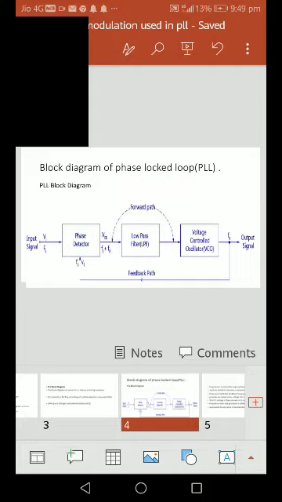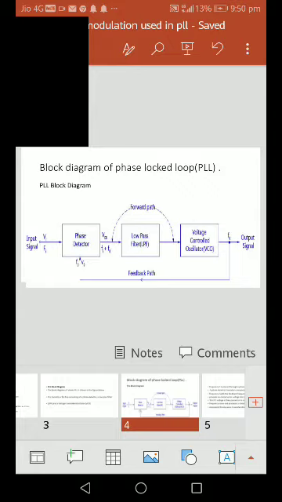The input voltage is given to the phase detector, where only phase will be varied to detect the signal, and the output of the phase detector is given to the low pass filter. There is some forward path, and after that the output of this low pass filter is given to the input of the voltage controlled oscillator. Voltages will be controlled by the circuit using transistors in the VCO. Then the output of this signal is fed back to the phase detector. The input frequency is fi, and the output of the feedback signal is added here.